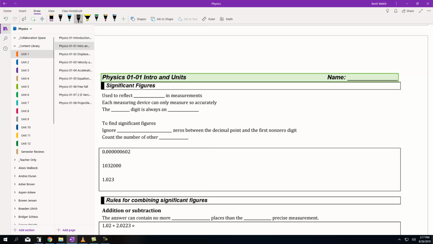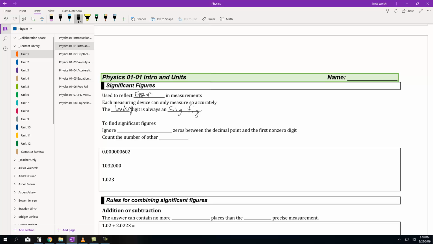And so we have to realize that accuracy and precision both matter. So we use significant figures to reflect error. We know that there's error in measurements, and so we want to acknowledge that. Each measuring device can only measure so accurately. The leading digit is always a sig fig. I'm not totally sure what that worksheet meant with that, but anyway, our leading digit that's non-zero